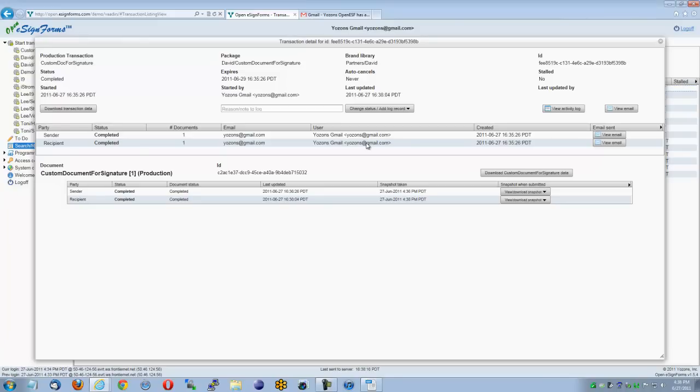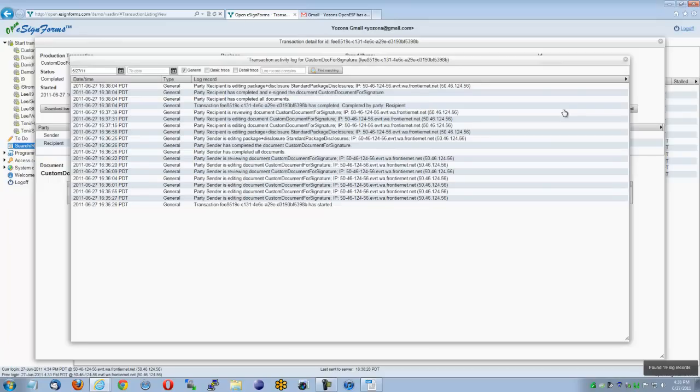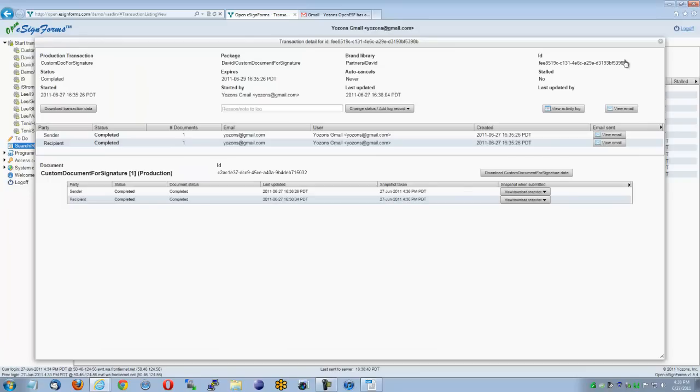Now there are a lot of nice things in an electronic process record system. A couple of things are important. One is an activity log. You want to know exactly what happened at what step, from when it was started until it was completed by each of the parties, along with all the IP addresses, date, times, and so forth that tell you what was going along. I also, at each step, we take a snapshot, and a snapshot is basically the document at the